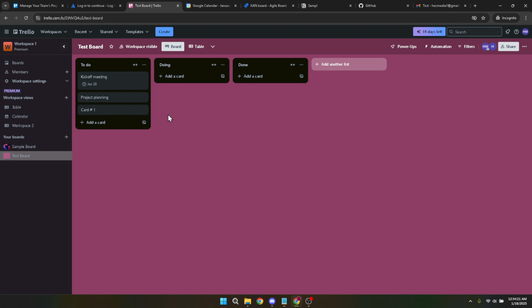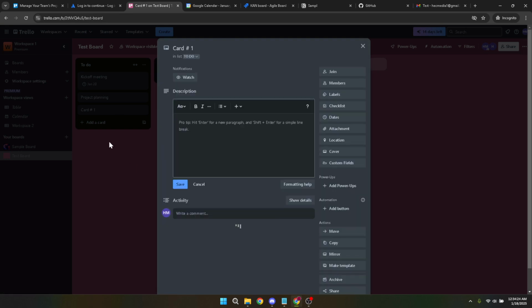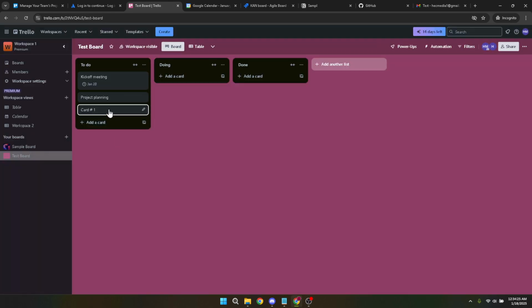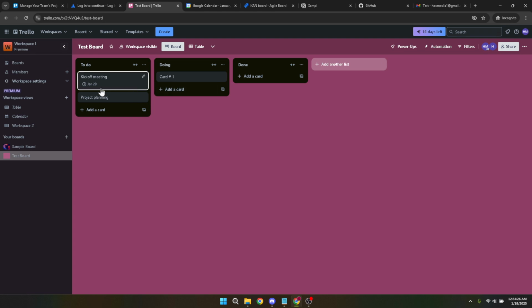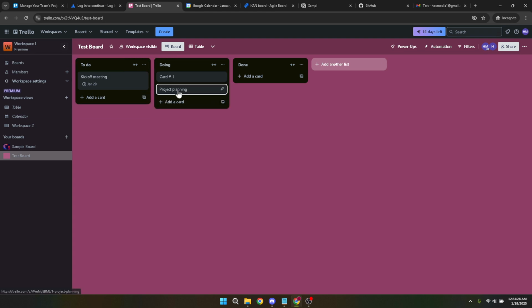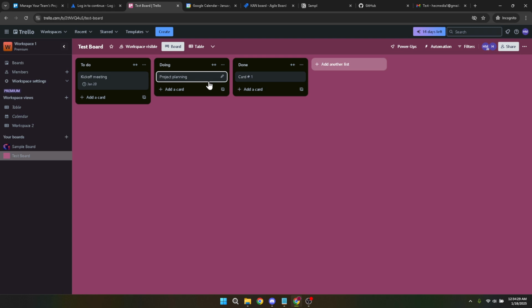One of the fantastic features of Trello is the ability to organize your cards by clicking and dragging them across different lists, representing your workflow stages. This visual setup makes it easy to see where each task stands and allows you to update and add details as needed. And that's a compact overview of using Trello to manage your tasks and to-do list efficiently. With this setup, you should be able to keep track of multiple projects and priorities with ease.